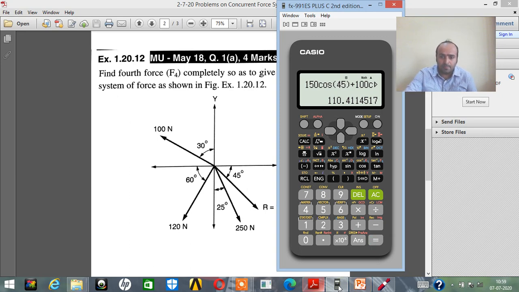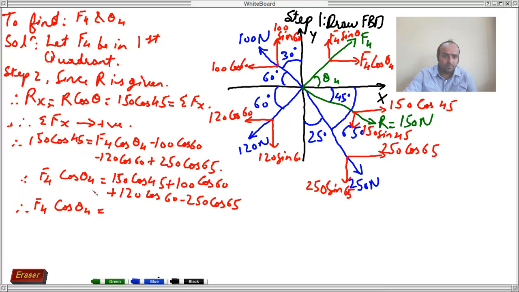110.411. So I can write it over here. The value comes out to 110.411 Newton. Of course it will be the force, that's why I'm writing it in Newton. And since it came out to be positive, my dear friends, definitely it will be towards right. Now